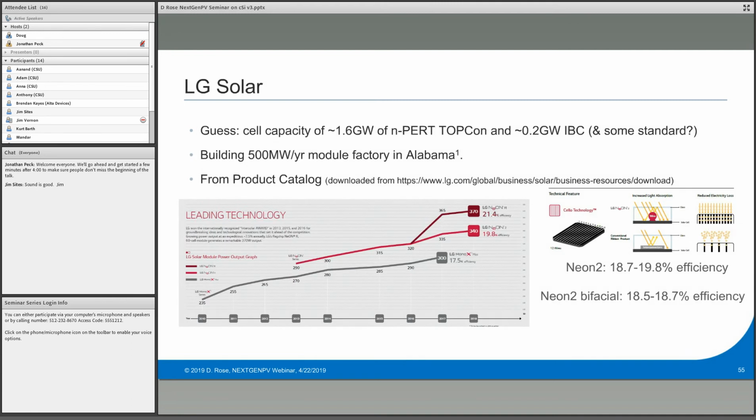LG Solar. LG, it's not as easy to triangulate on how much capacity of each type. I'm guessing around 1.6 gigawatts, so their N-PERT TOPCon, that's the passivated contact, and maybe 150 to 200 megawatts of IBC, plus they might have some standard. They're building a 500 megawatt per year module factory in Alabama, and if you look at their product catalogs, the